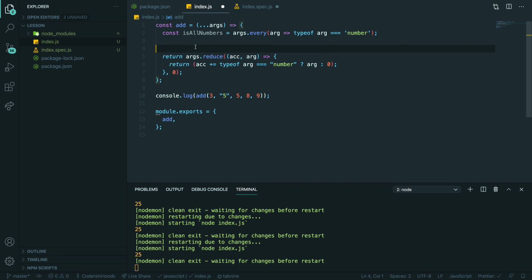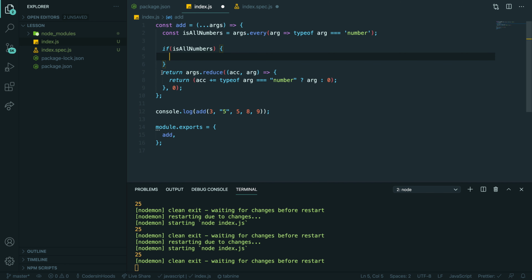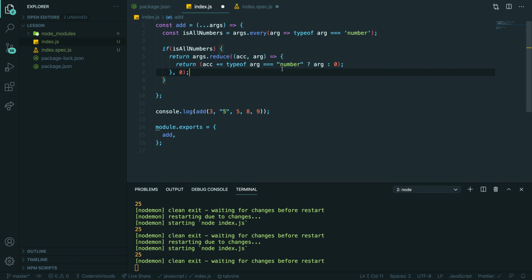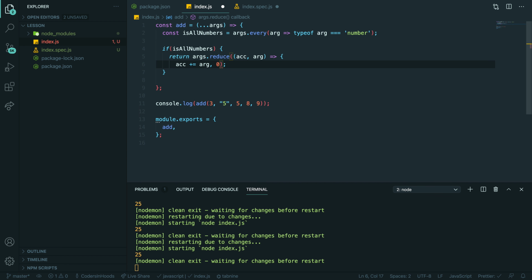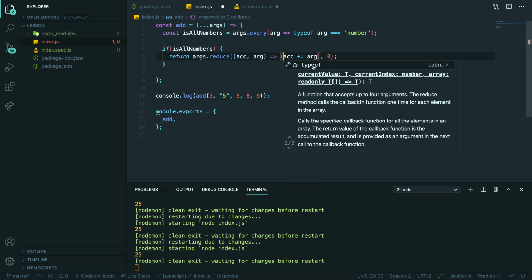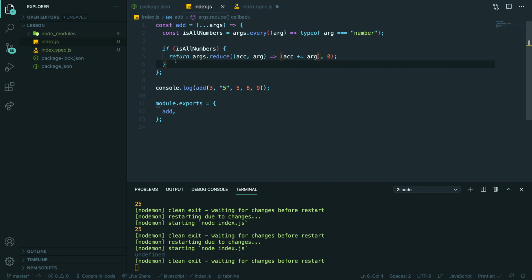And now you can do something like if isAllNumbers, then do this, right? Go back to, we don't want to check it anymore because we know that this is definitely a number, because all of them are numbers, and we want to get rid of this, wrap it, something like that, right?